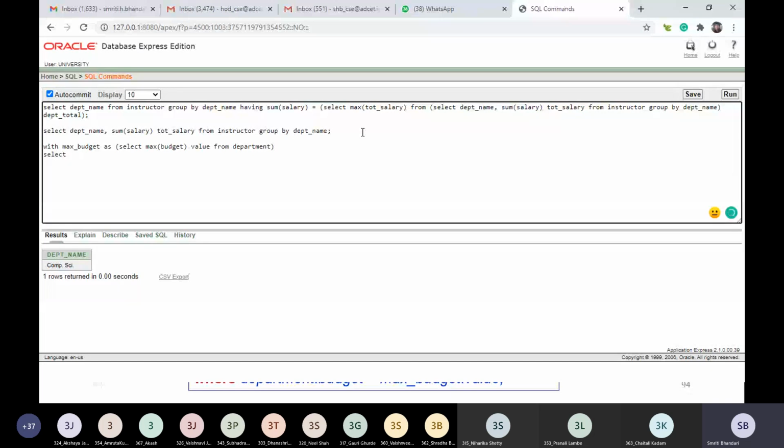And with this temporary relation, now I'll be writing the query, select department name, comma, budget, from department, comma, max budget, where department dot budget is equal to max budget dot value.